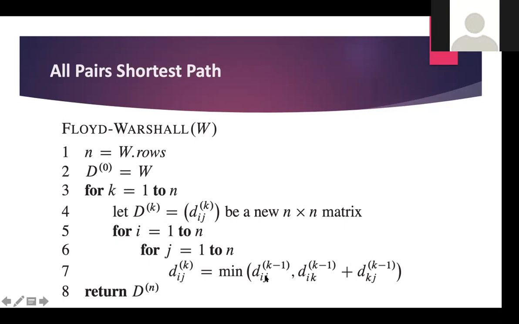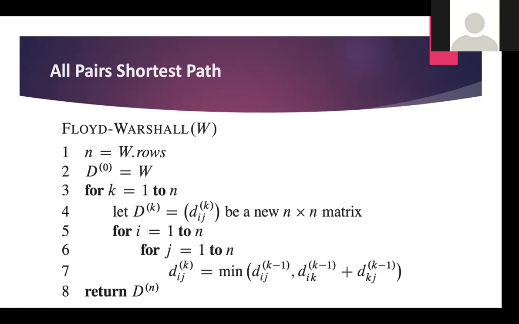So either in terms of ij computed in iteration k-1, or ik computed previously and kj computed previously. When you put these together, it turns out to be a really powerful algorithm that you can use under many